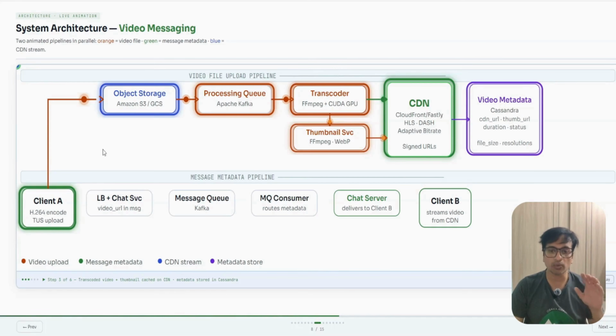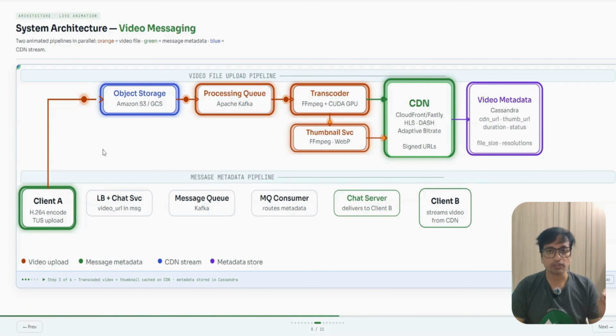So let me repeat what happens: client A sends this JSON message to client B via the load balancer. First of all, he opens a WebSocket to the chat server. Then the request goes to the load balancer. The load balancer interacts with the chat server, a WebSocket will be opened, and the message will be posted to the chat server. The chat server posts the message to the messaging queue, that is Kafka,